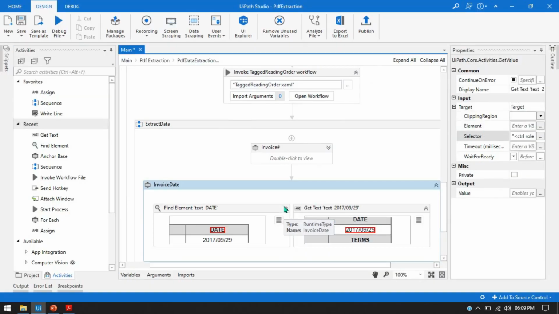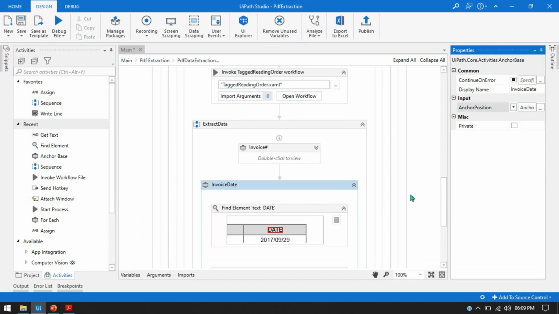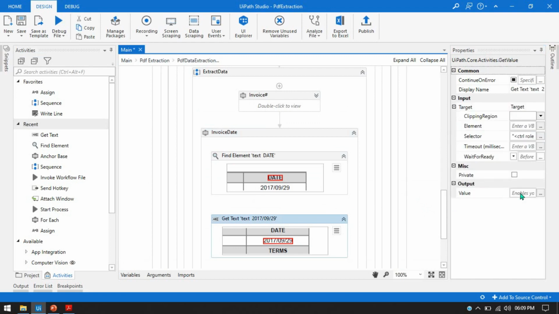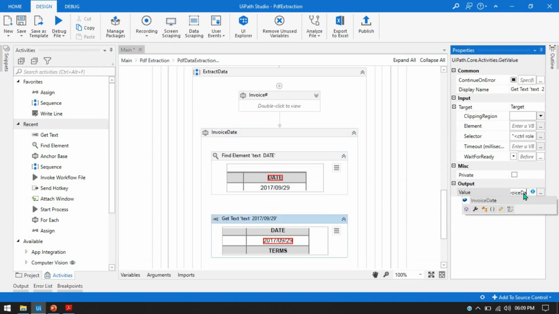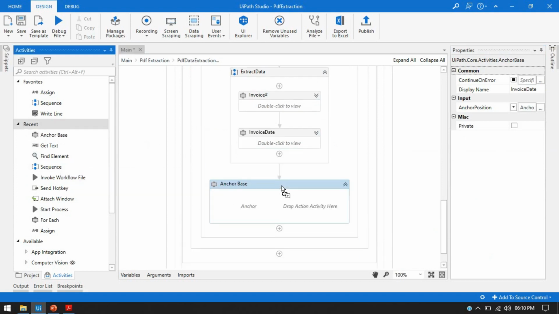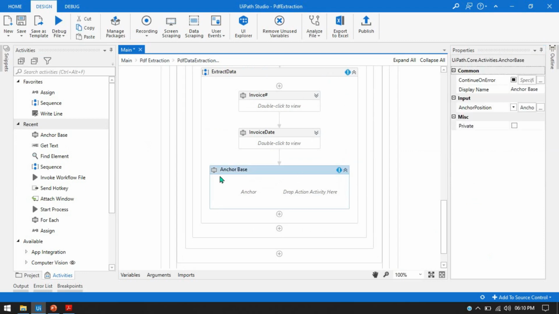and then click on this anchor, change the position to the top, and click on this text and then click on value and take this invoice date, save this. Okay, so 2 things done. Same way you have to take another anchor base activity and you can put this in the sequence, and this is for customer ID,